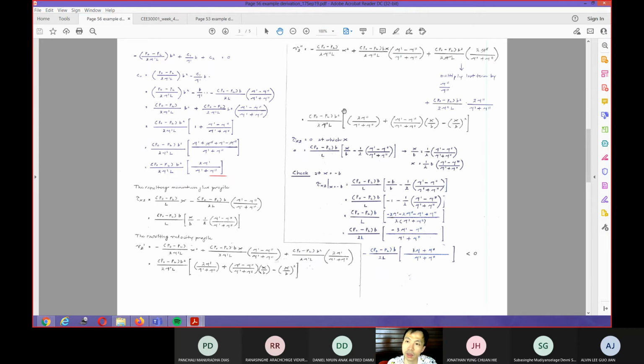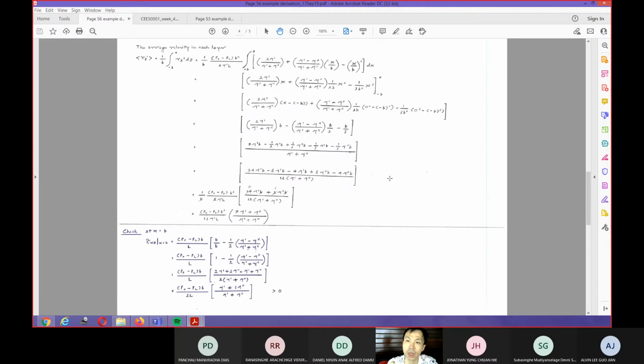So now, once you get the resulting velocity profile, then you can find out the plane at which the shear stress will be equal to 0. That particular plane will be half b multiplied by the viscosity 1 minus viscosity 2 divided by the viscosity 1 plus viscosity 2. Right? So you know these things basically. So this one will be x equal that one.